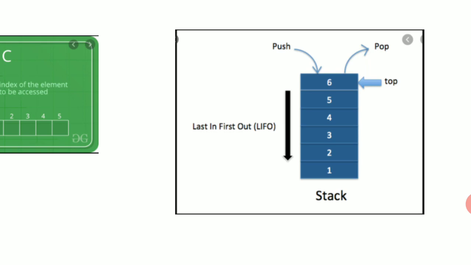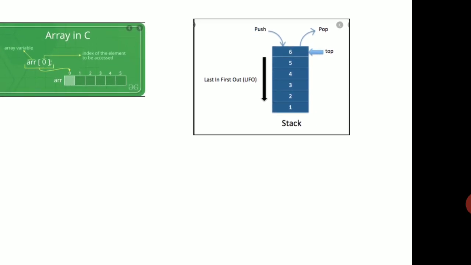1, 2, 3, 4, 5, 6. If one is the first bangle, then 2 is the second bangle, then the third, fourth, fifth, sixth. In this way she has inserted them. Then which one is she going to take out first? Obviously it is 6 on the top. Are you seeing it? So this is a stack. This is an image example.